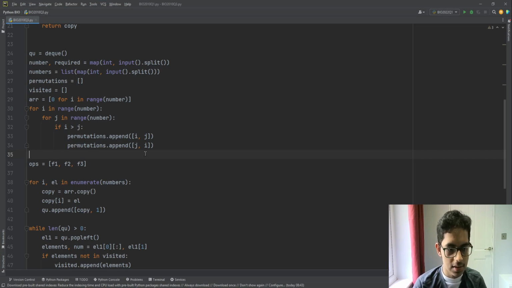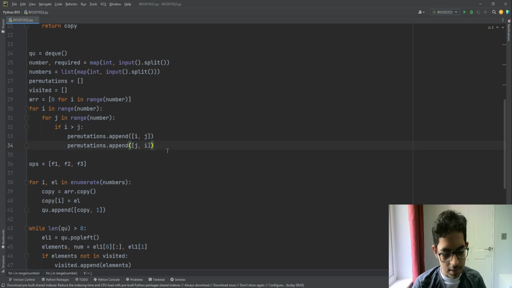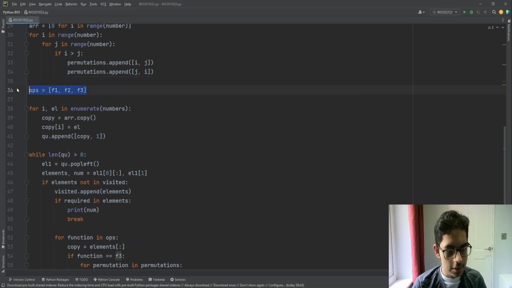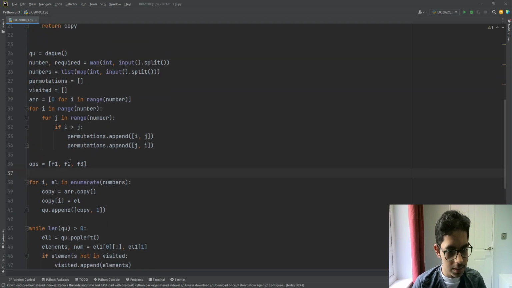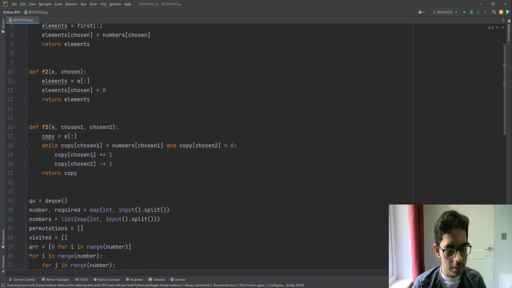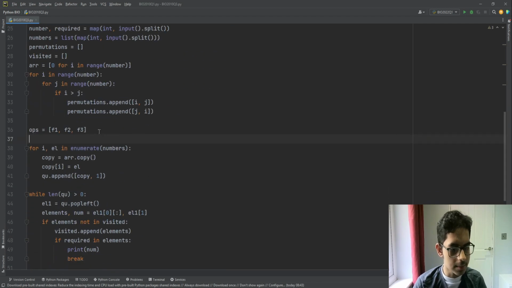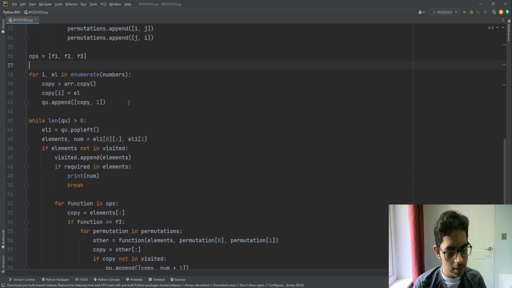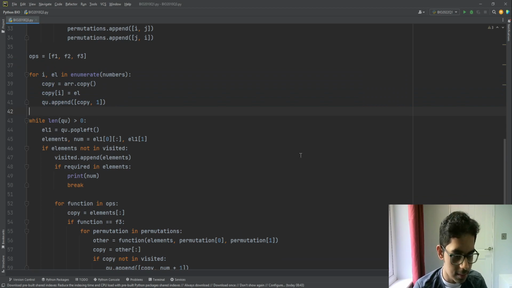It's also handy for when we're conducting operations 1 and 2, since we can either fill jug 1, 2, or 3, or empty jug 1, 2, or 3. So that is responsible for conducting all possible permutations. And now this operations function stores F1, F2, and F3. If you're not familiar with this in Python, I'll explain a bit more in detail once we get to the use of the operations. But for now, this block of code, we iterate through all possible numbers, and we just